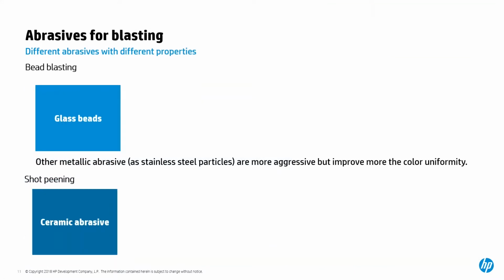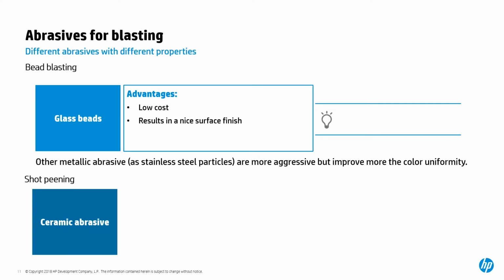Then we have tested several abrasives that could be used in these bead blasting cabinets for the multi-jet fusion parts. The most recommended abrasive that we have at this moment are the glass beads. The glass beads have a lower cost compared to other abrasives in the market and can get a very good surface finish. But on the other hand, there are some metallic abrasives, such as stainless steel, for example,